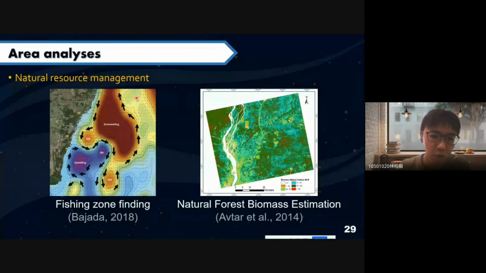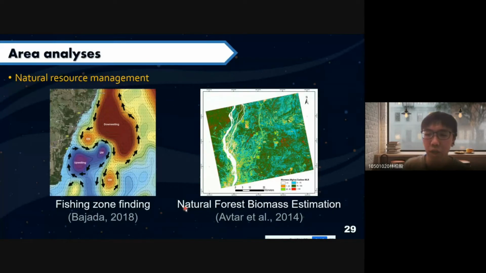For example, Bajada in 2018 developed a method to use a remote sensing image to find a fishing zone area. And also, we can use the remote sensing image for natural forest biomass estimation.